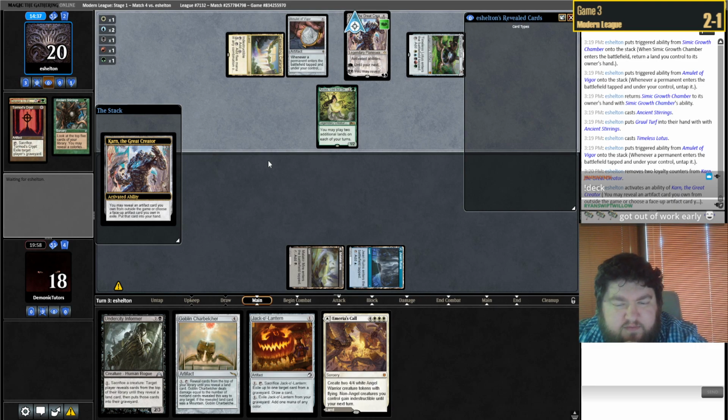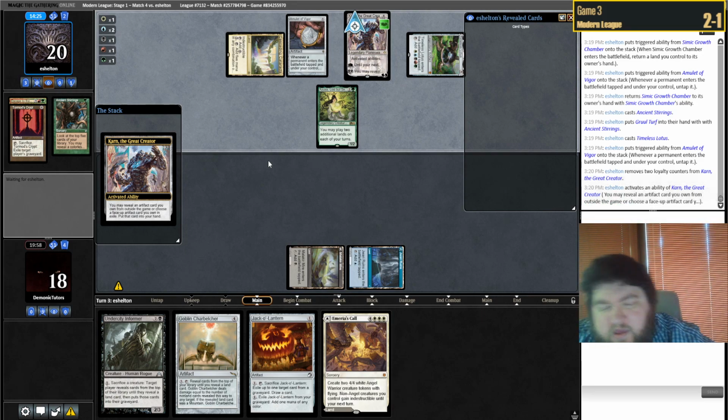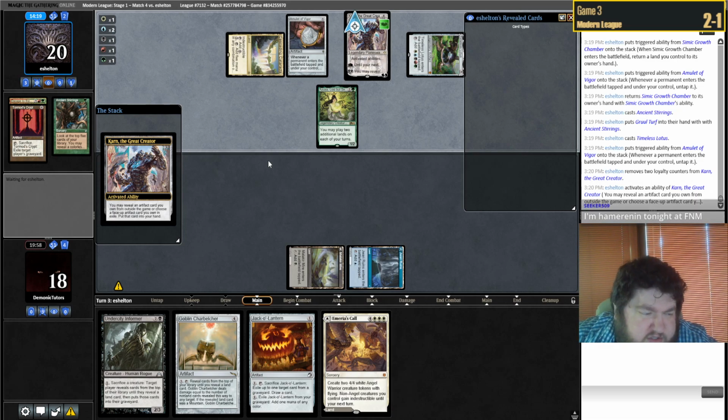What are they getting? I mean, they should just get Liquid Metal Coating, right? I'm never beating Liquid Metal Coating. But, whatever. We're going to have to play Undercity Informer next turn. But if they just get Liquid Metal Coating and start...